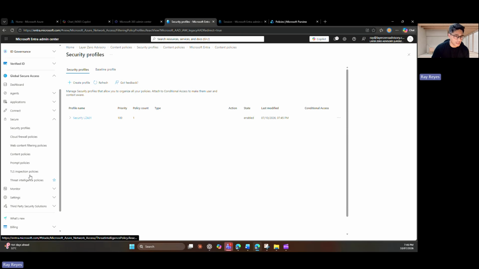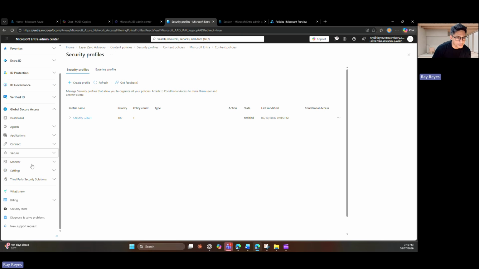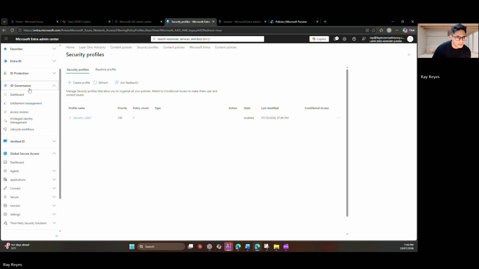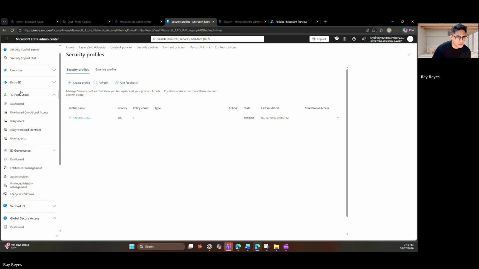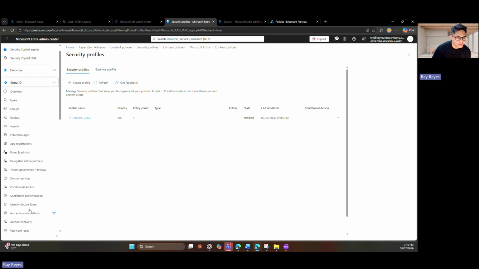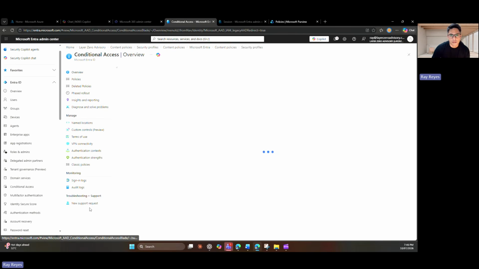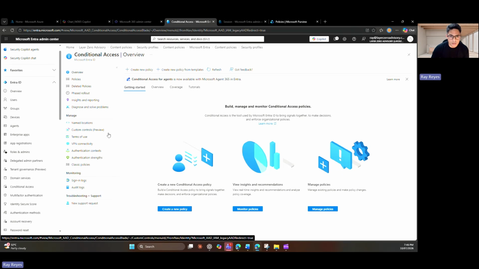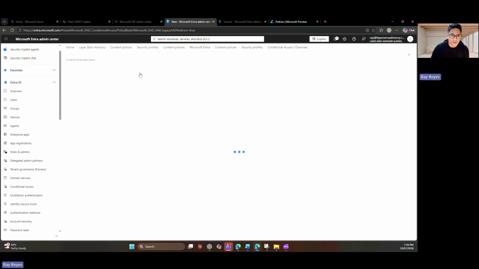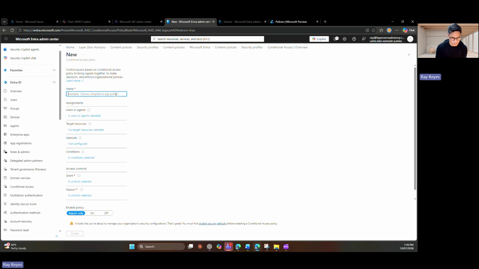So the next one is we'll create a conditional access. If I can find that. So this one, conditional access. For most of you who play around in the security space, this is fairly simple, and you just go through the motions. You'll see a couple of new things in here, obviously for this particular one. So if we just create this as part of the demo, CA,